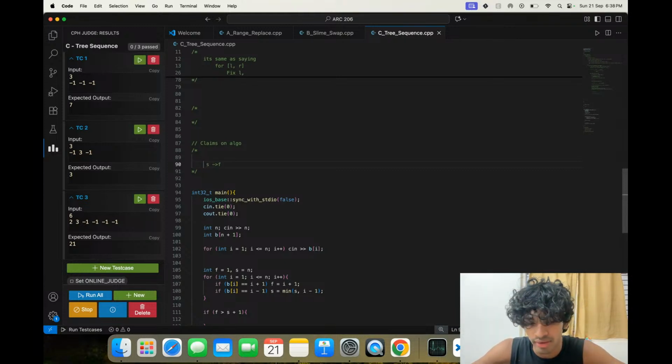There is one more node here, and then you have this one. This is impossible, right?